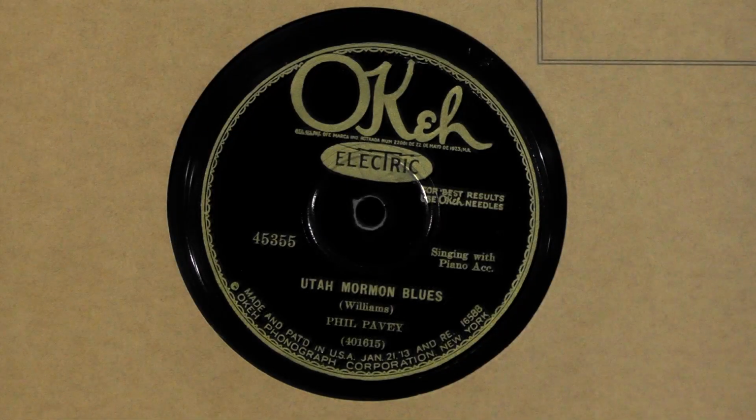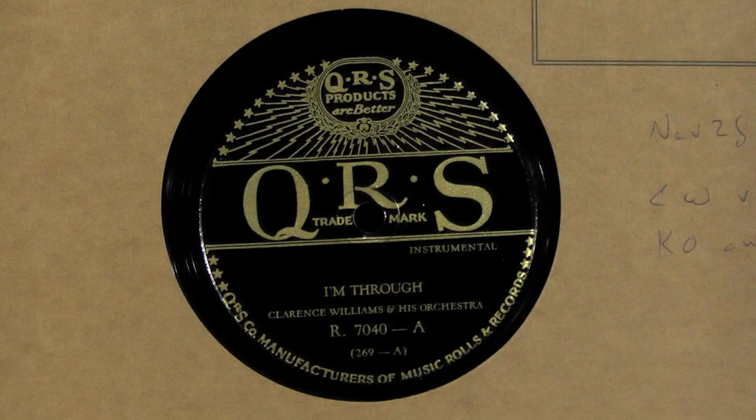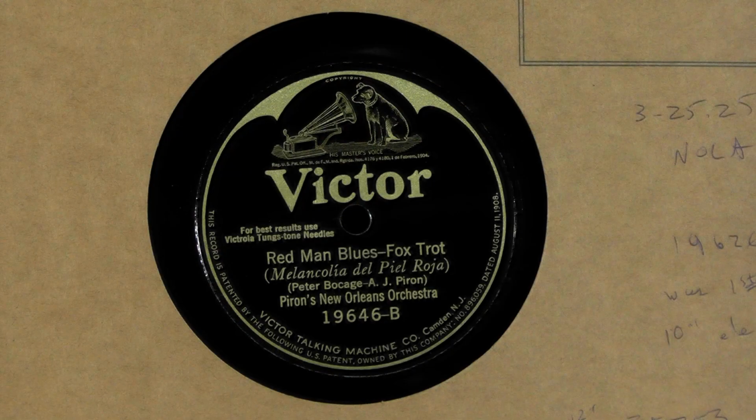5737 for $100. Phil Pavey, the Utah Mormon Blues. 5737 for $100. This record should generate some interest. A nice QRS Clarence Williams, I'm Through. $1,000 minimum, lot number 5744. Here's a record that doesn't turn up too often. Puron's New Orleans Orchestra, recorded in New Orleans in 1925. That's a $250 minimum bid for lot number